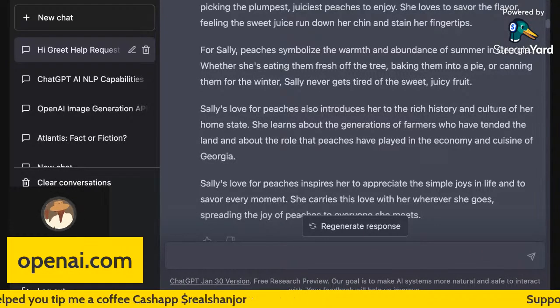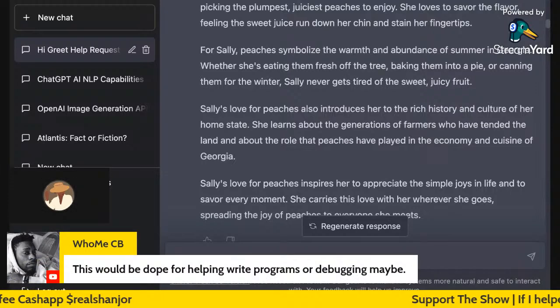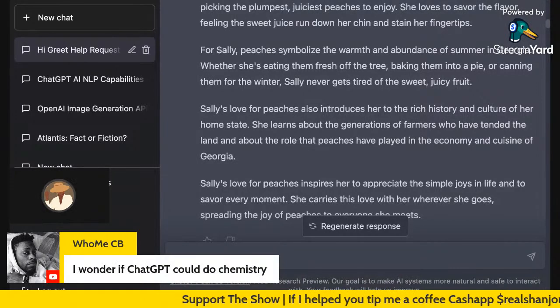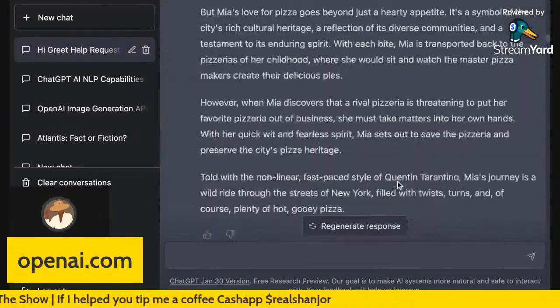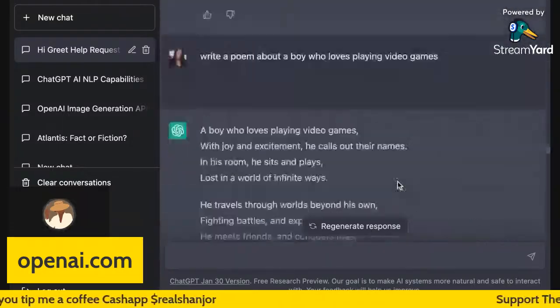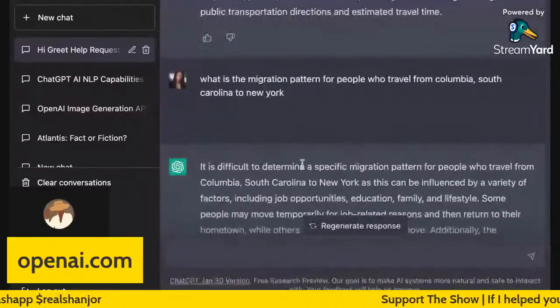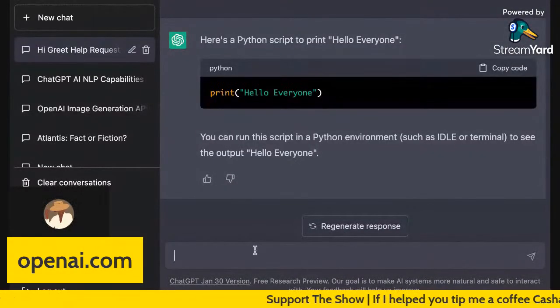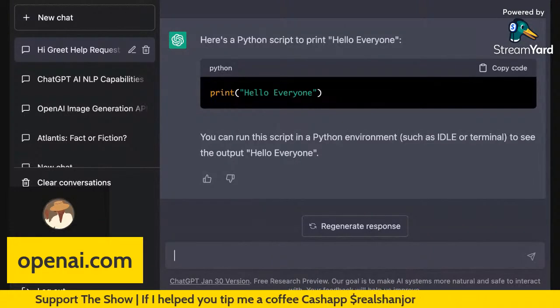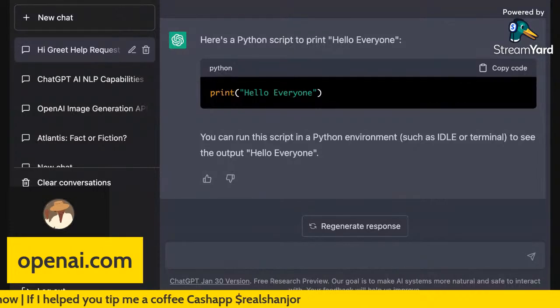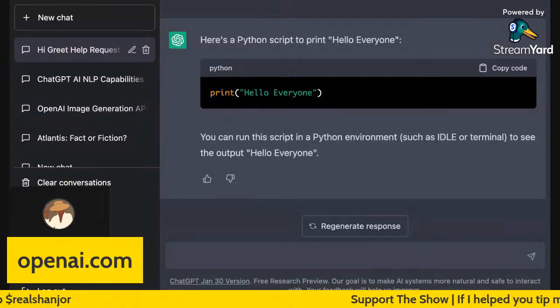Yeah, I agree. It definitely would be dope for writing programs or debugging. I definitely agree. Yes. And I think it has been tested to do chemistry as well, right? But like I said, I actually love doing these exercises, and I think I'm going to do more videos with exercises of what to ask ChatGPT, how to program it, how to make it yours, how to make it for you as a business owner, as a student, as an educator, as a researcher. I know a lot of you guys are like me. You love history, right?